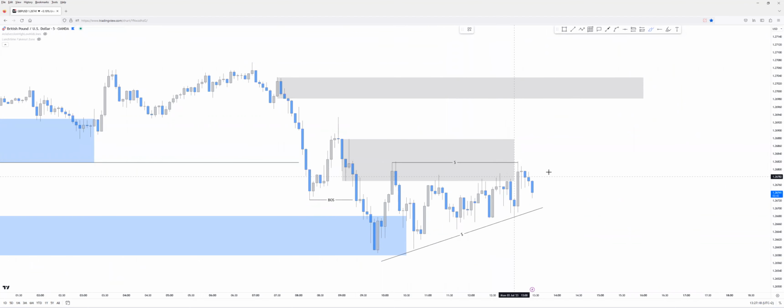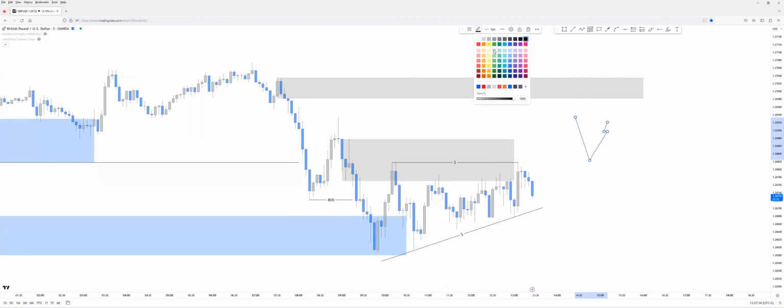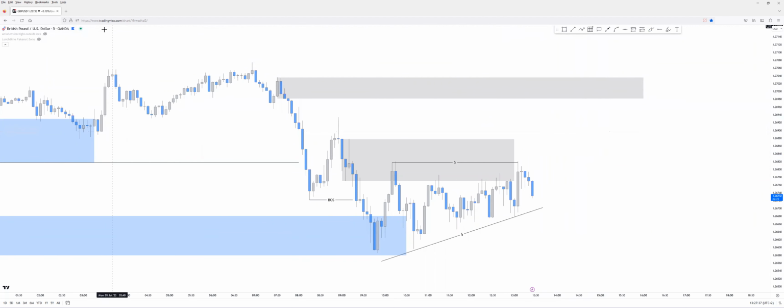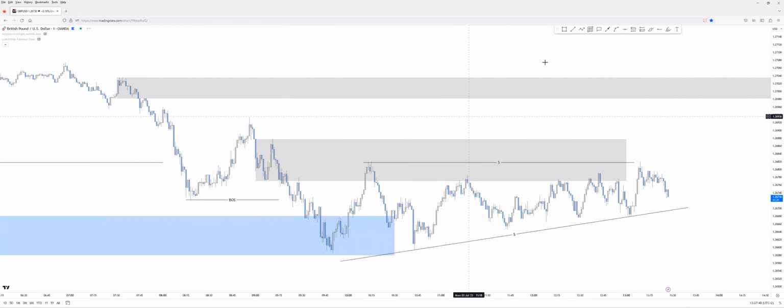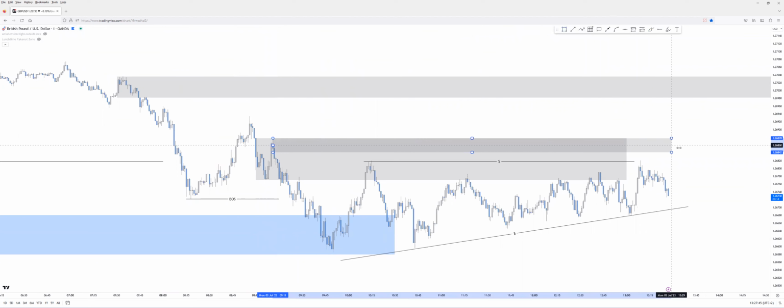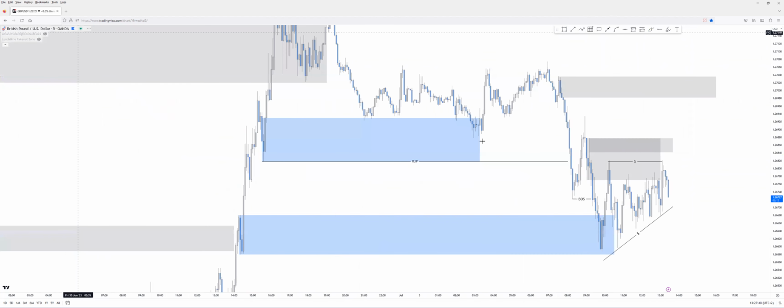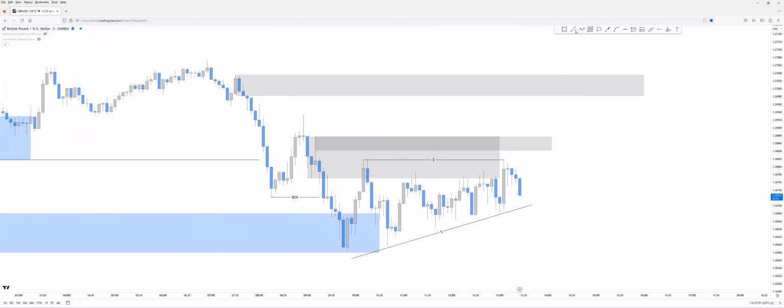So the thing that we are going to do here is wait for confirmation. How would we wait for confirmation here? If price sweeps this liquidity, so let me just draw the scenarios. If price sweeps this liquidity, likely, let me just change this arrow, right? Because it has been changed. Okay. So let me just check something on the 1-minute time frame. Yeah, right. Here's this 1-minute supply where we can expect a reaction. Okay, so the thing that we are waiting for here is pretty easy. First of all, sweep out of this liquidity, reaction on this supply, confirmation,